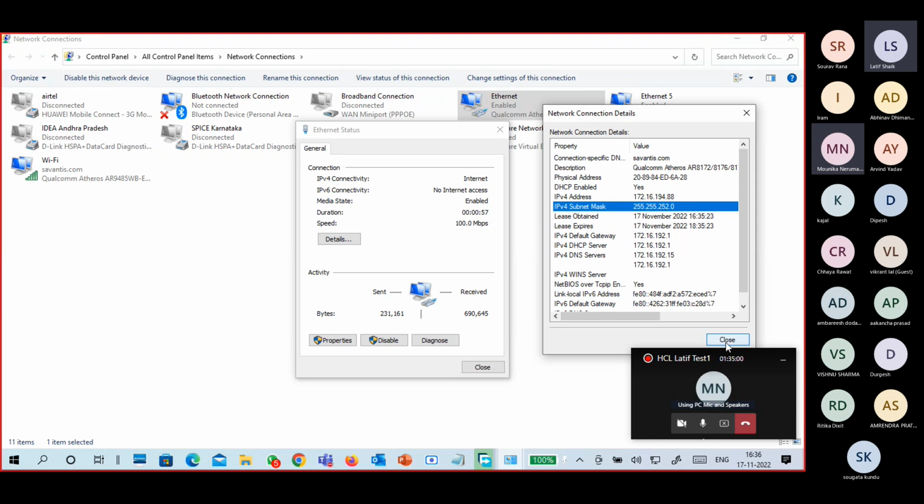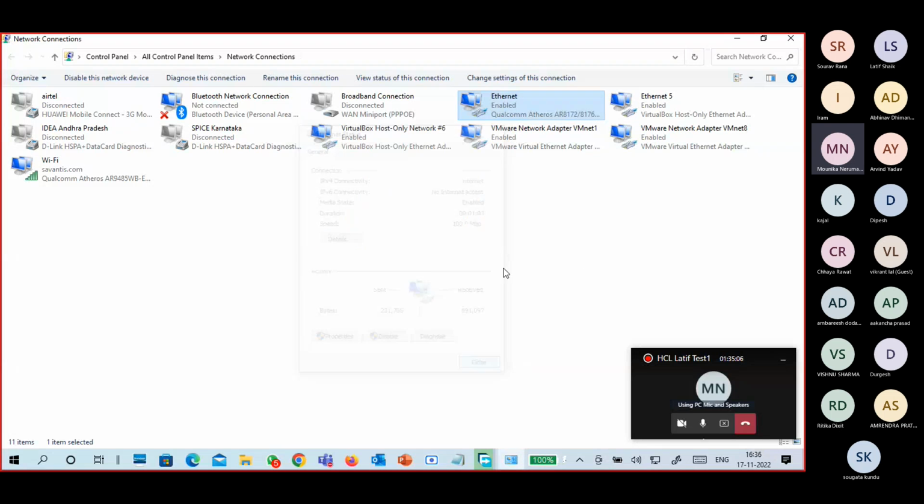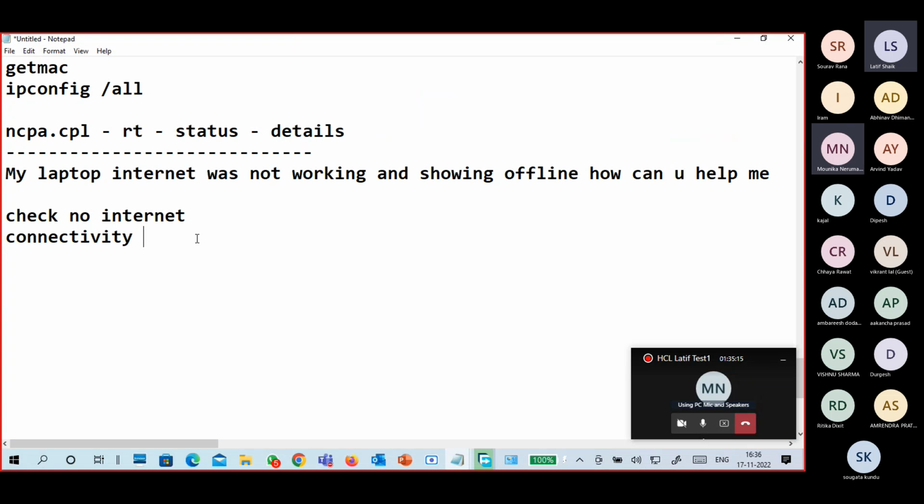Okay, I think I told you the concept, but check the notes if you don't remember. See, this is the thing. If you remove the cable, it will show a cross mark. Check the no internet icon, the activity icon, or I can go to Control Panel, check the connectivity, check the IP address and that kind of stuff. Also do it. Okay, so the connection is there, but something is not coming in the IP address. Or maybe the internet is not working.